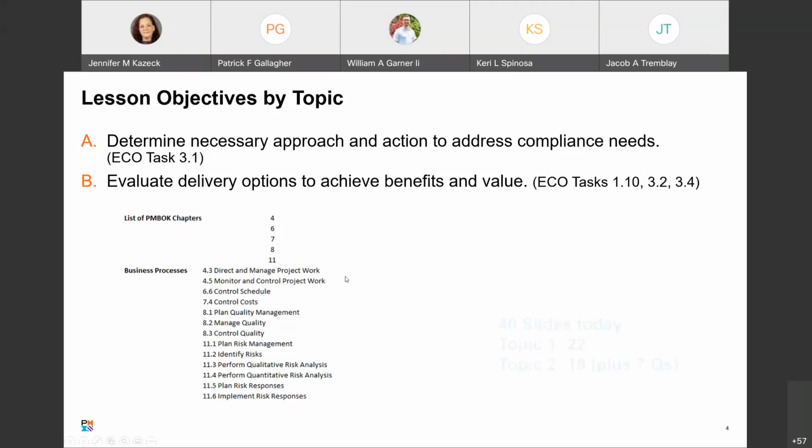Thank you. That helps. Here's the secret part that I give you guys. Again, remember, you have to participate because I give you this. 40 slides today. I got 22 on the first topic that I told you I'm going to go through just respectfully a little quicker, so that way we can spend a little bit more time on topic 2, which is 18 slides, and we do have 7 really exciting questions to talk about.